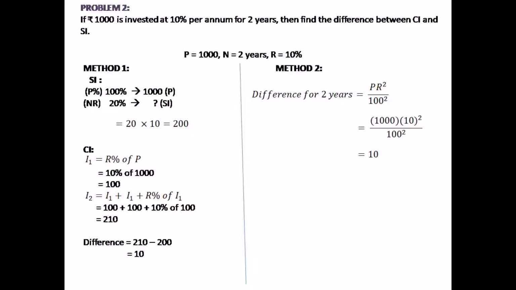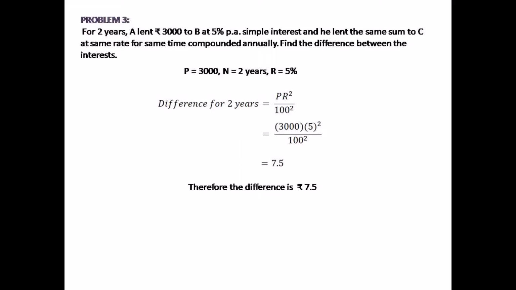Now let's solve by the second method. Difference equals PR square by 100 square. That is 1000 into 10 square by 100 square, gives 10 as the difference. For 2 years, A lent rupees 3000 to B at 5% per annum simple interest and